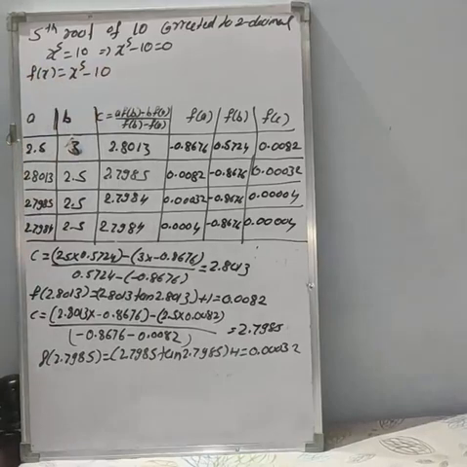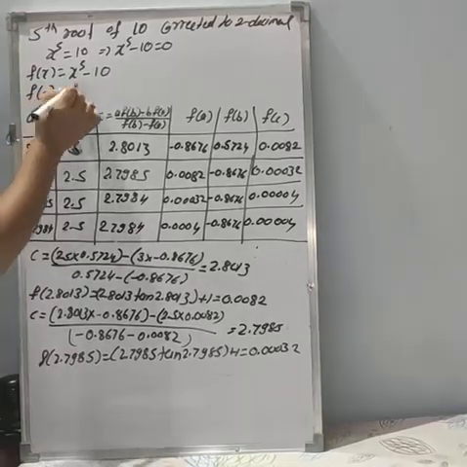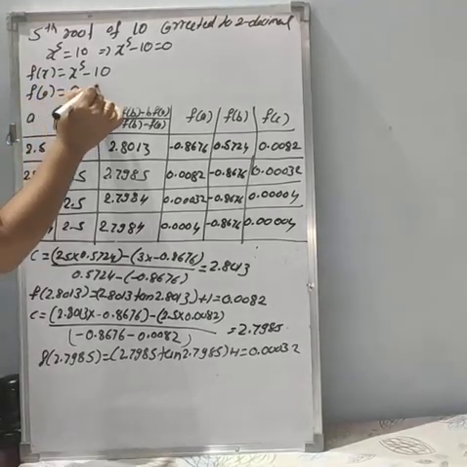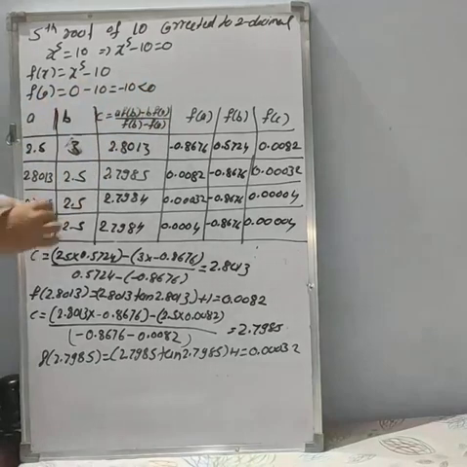So we can consider our f of x is nothing but x raised to 5 minus 10. And this is a very easy equation, okay? x raised to 5 minus 10. And see here the values of a and b are also not given, so we can find the values of a and b. We can start from 0. f of 0: 0 raised to any number is 0 only, minus 10. So 0 minus 10, you will get minus 10. It is less than 0.